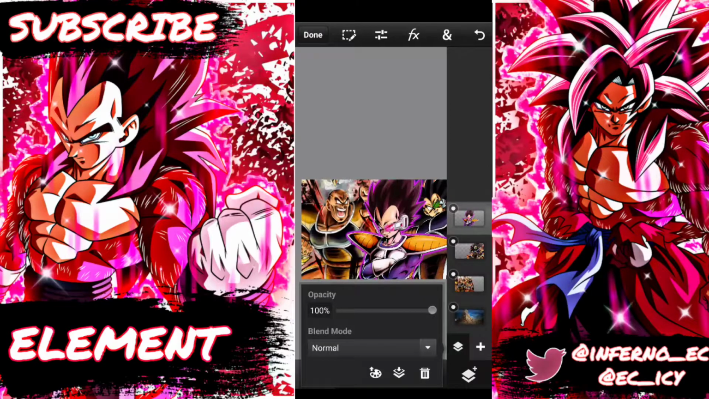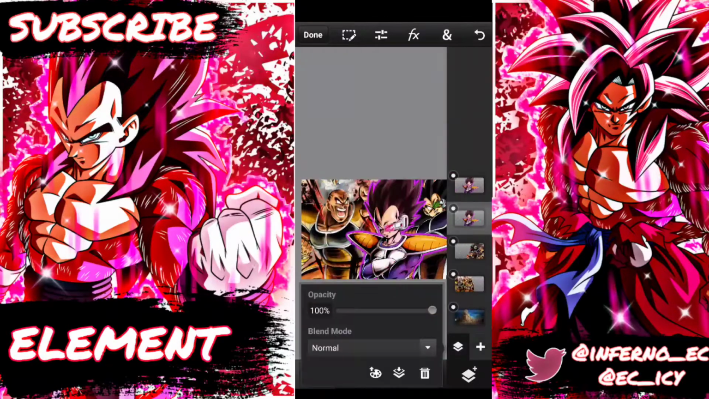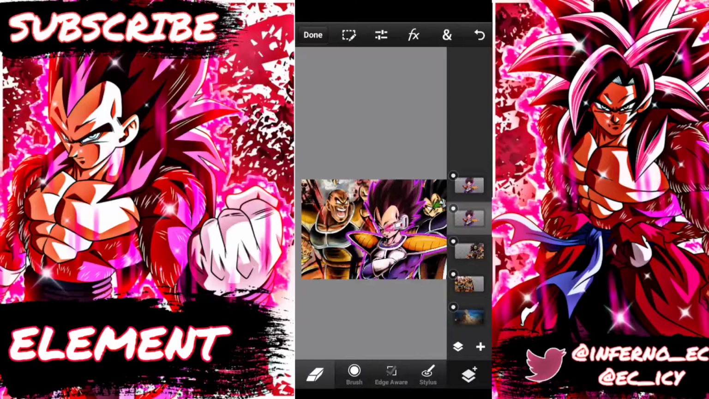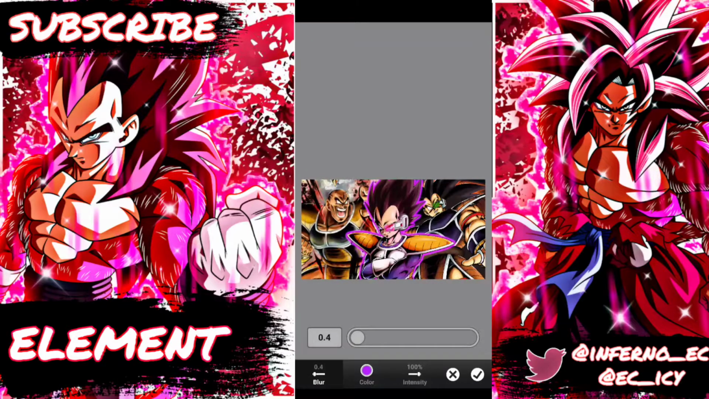So what I do, there's probably other ways, is duplicate his layer and apply the effect on the bottom layer, right? Then if you do the glow, it'll only glow the bottom layer. So if I went to the bottom layer and gave it more glow,